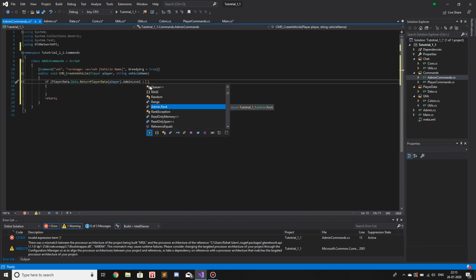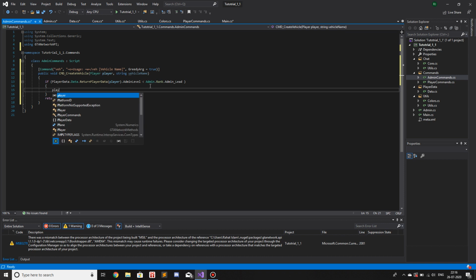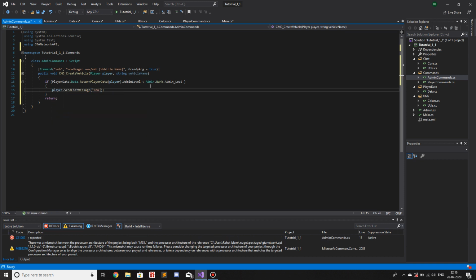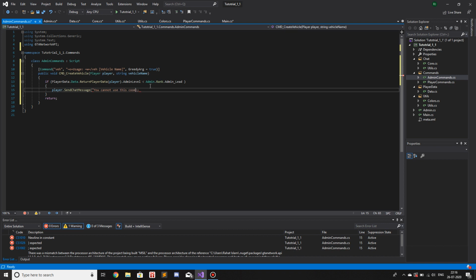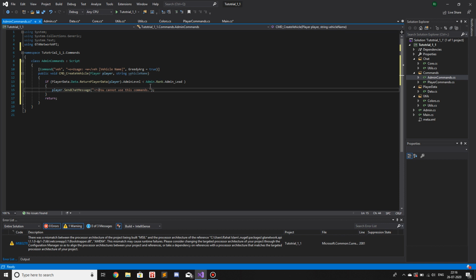So what we are going to do is, if the admin level is less than admin lead, then we will prompt the player that you cannot use this command, and give an error as well, and return so that the function stops its execution if the player is not an admin. However, if the player is an admin, then we are going to get the hash for this vehicle name,